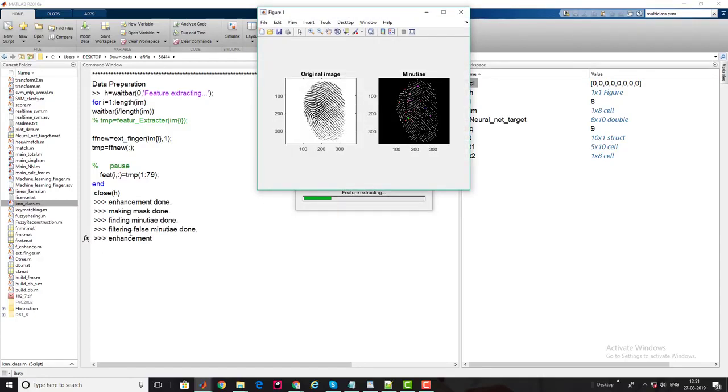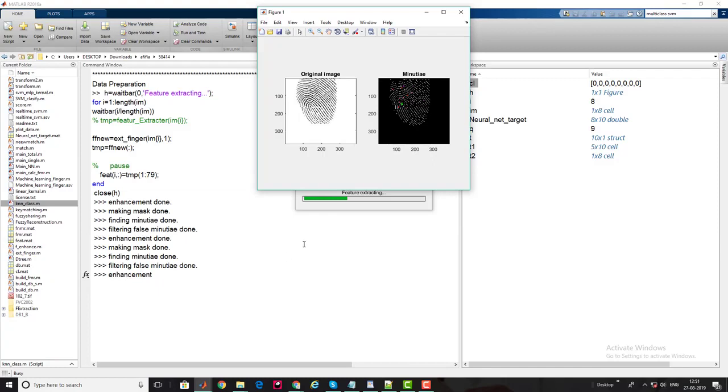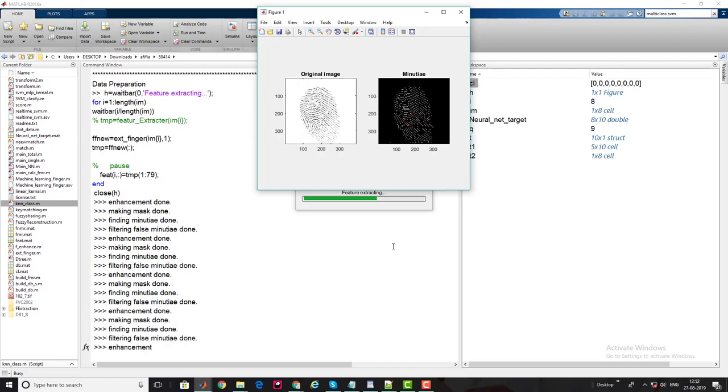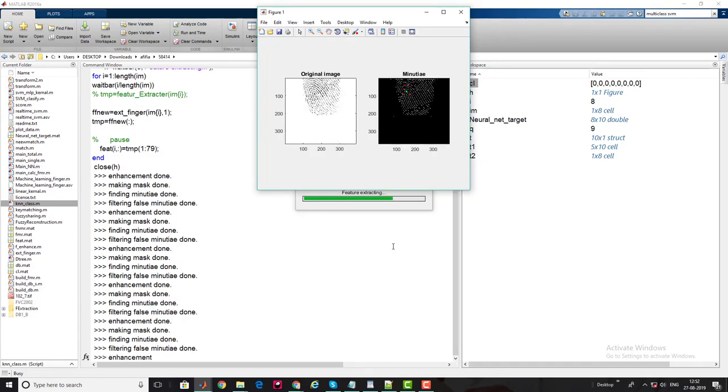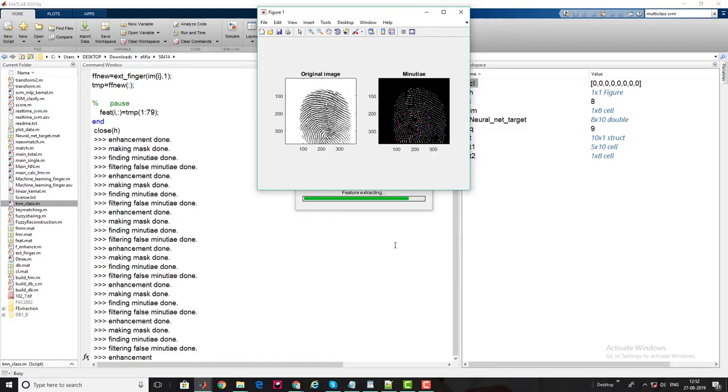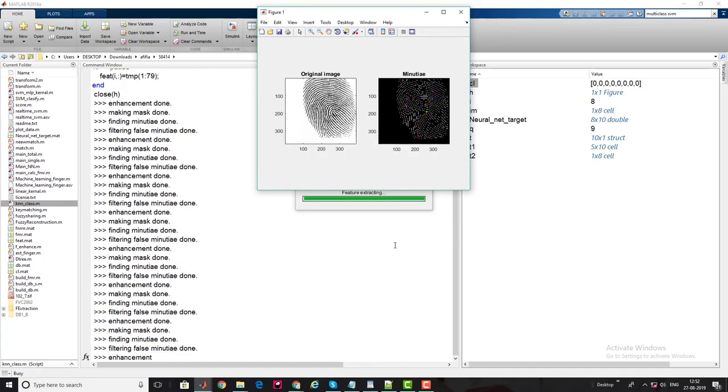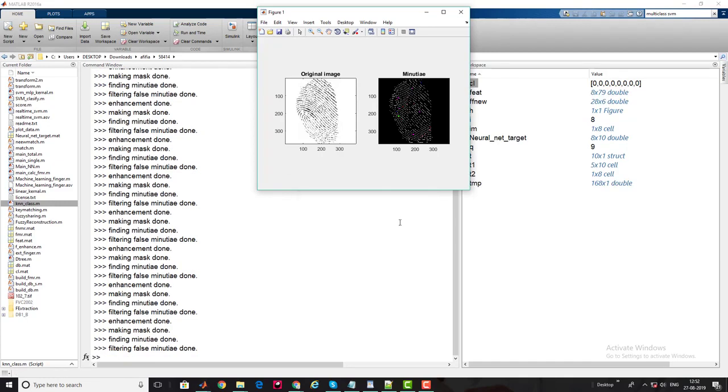So minutia extraction is done, and on this original image, these are the minutia points.